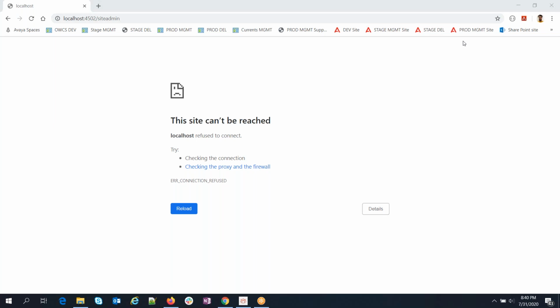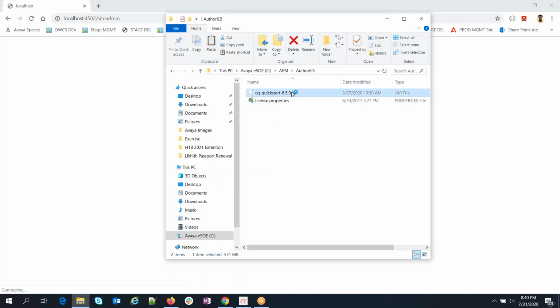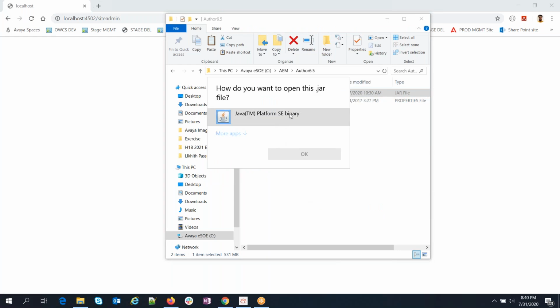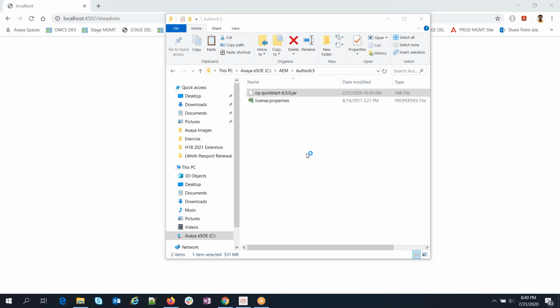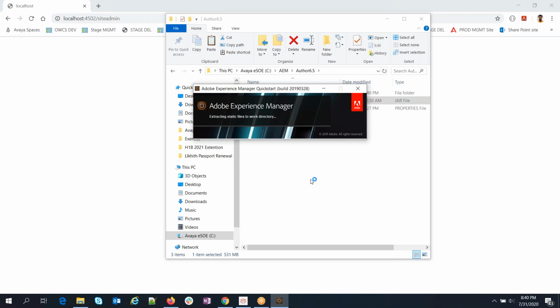Now you can double click on the jar file. Have you done any changes in license.properties? You just copy and paste it, right? Yeah, just copied it.